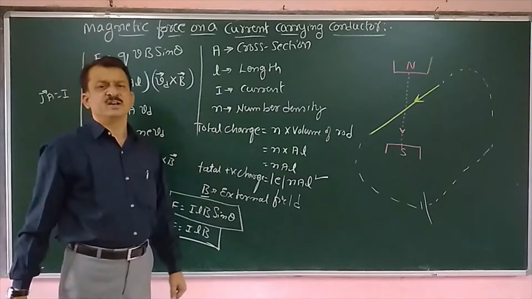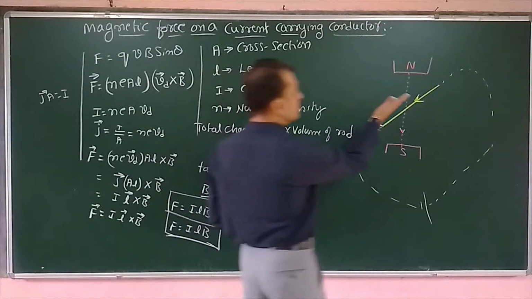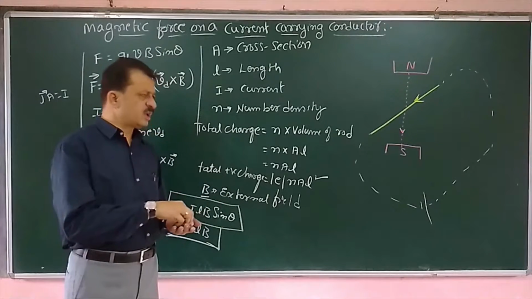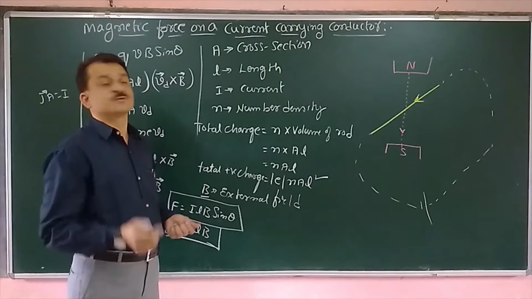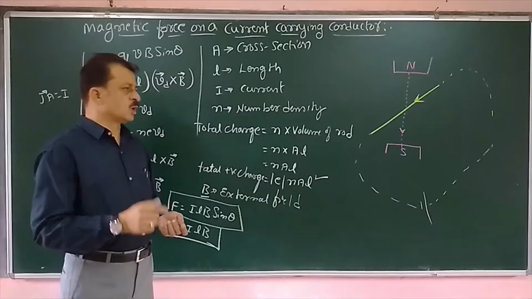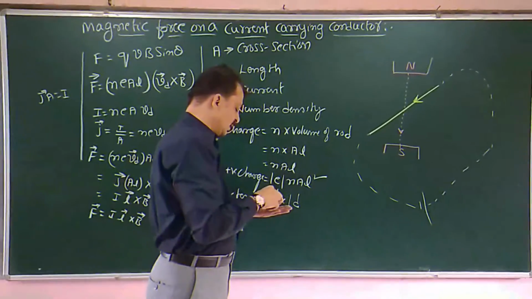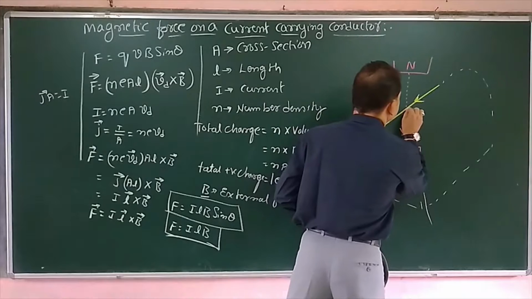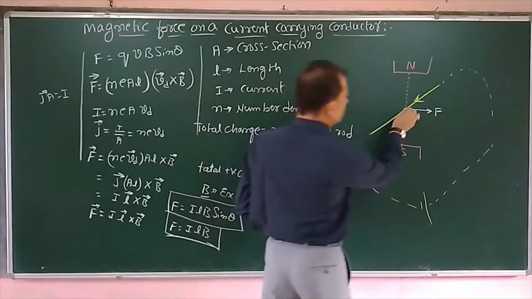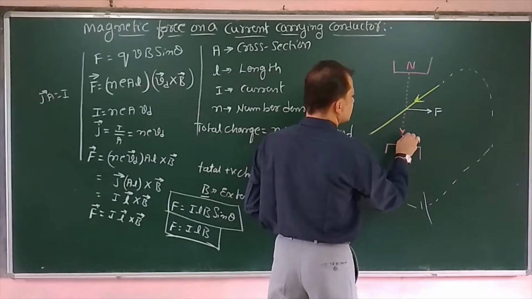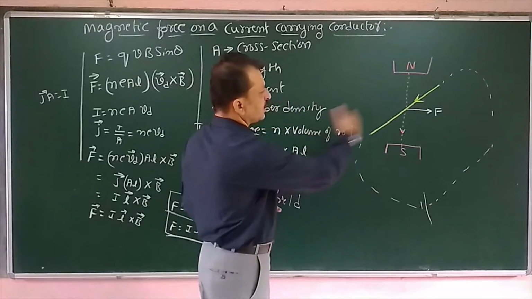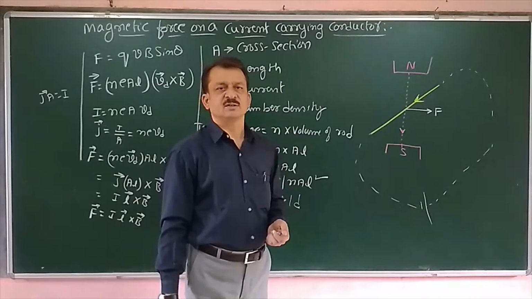Now where is the direction of the force? Since this conductor is experiencing a magnetic force, it should move in a particular direction. Now what is the direction of the force? That is worked out by using the right hand clasp rule or right hand screw rule. So look here, I will write the diagram. Therefore, it experiences a magnetic force along this direction. Current direction is this one, magnetic field is along this direction, and the conductor experiences a force in the right side direction. Okay.